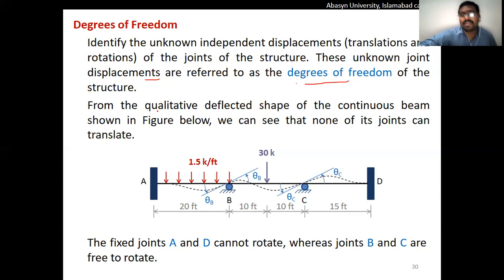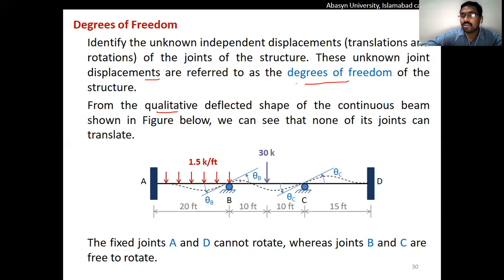Now, in the last lecture, I taught you how to draw the deflected shape of structures qualitatively. Using the loading, you can easily draw the qualitative deflected shape. At the fixed end, we have zero rotation and zero deflection. Then, due to gravity, we have a downward bending. At point A it will become zero, and it will keep its continuity in terms of the slope of the deflected shape.